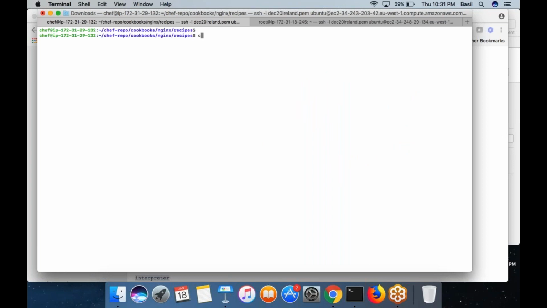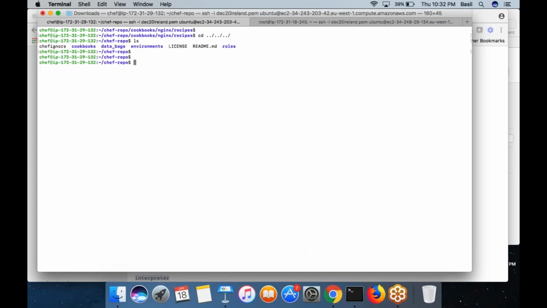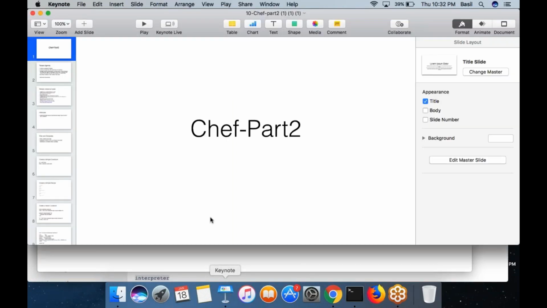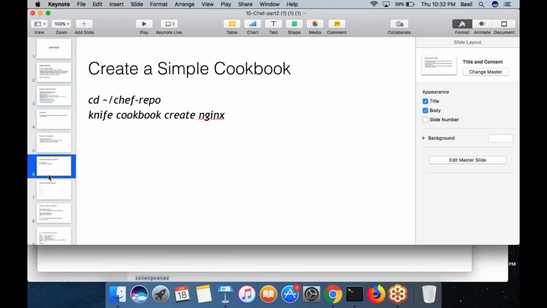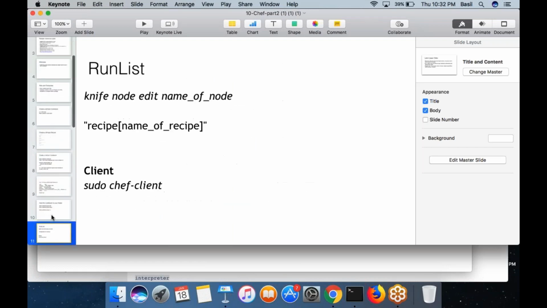So go to the Chef repo folder. It's outside the cookbook. Go to the Chef repo folder. You can see a folder called roles and another folder called environments. Go to the folder roles. And over here I'm going to create a file, right? This is how my role file will look.